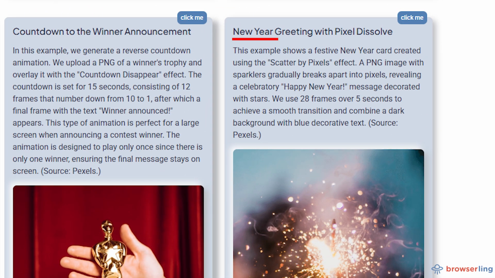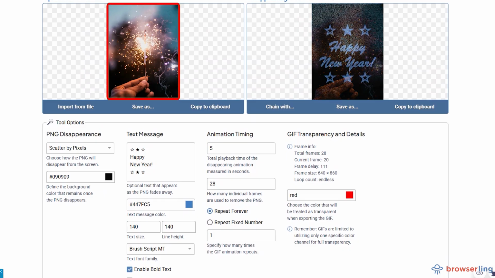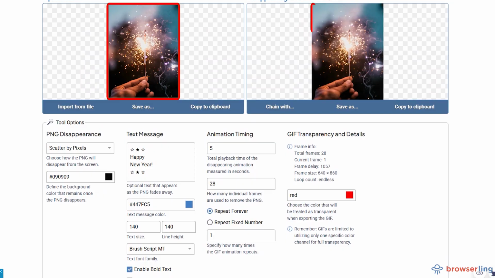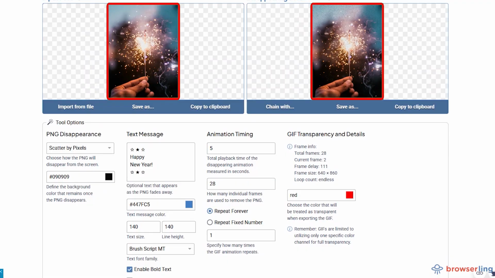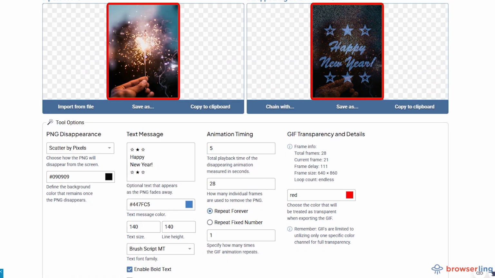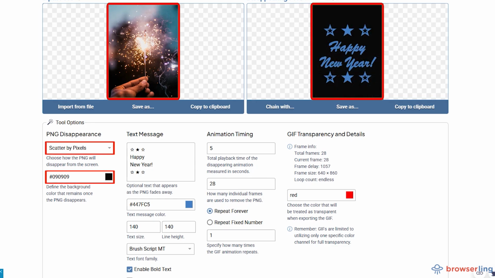Example 3. New Year Greeting with Pixel Dissolve. In this example, we upload a festive PNG image featuring sparklers. In the output preview, the image gradually breaks apart into pixels, revealing a celebratory Happy New Year message decorated with stars. To create this effect, we selected Scatter by Pixels as the disappearing mode and set the background color to